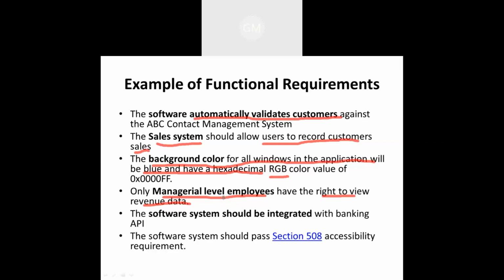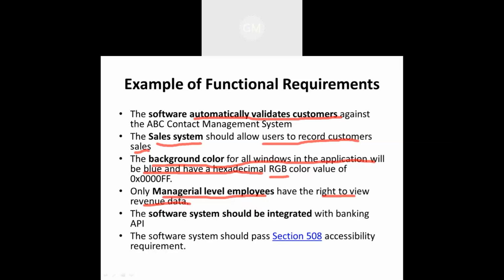Or you may say, for example, in the case of the banking sector, a particular XYZ bank is there. There are so many employees, from the bank manager down to the clerk. So a clerk cannot see how much amount is there in the bank, but the manager or branch head is going to see how much amount is deposited today in the bank, or how much amount is withdrawn from the bank in terms of cash or check. All those logs can be visible to managerial level people, who have those rights. This will be the best example.